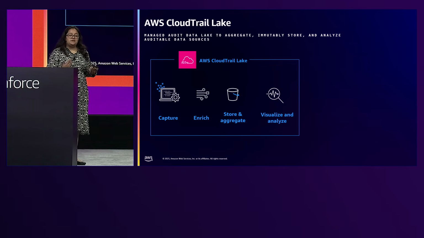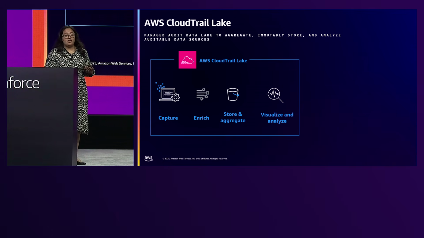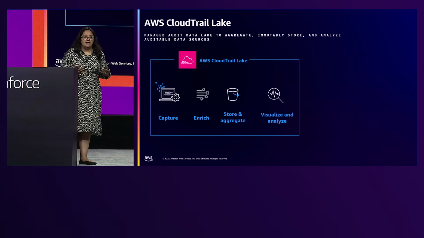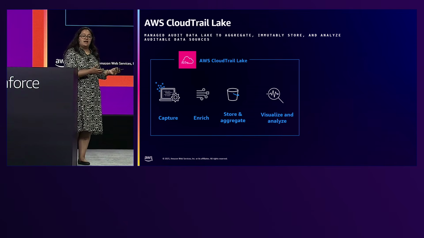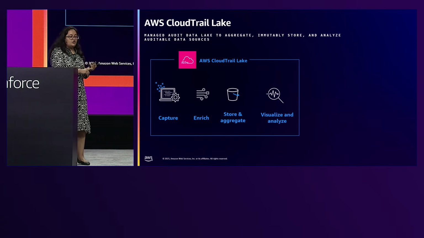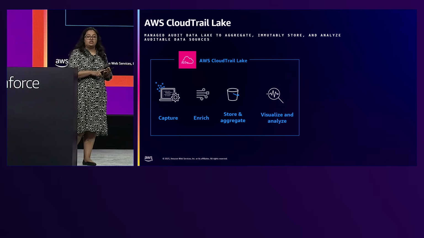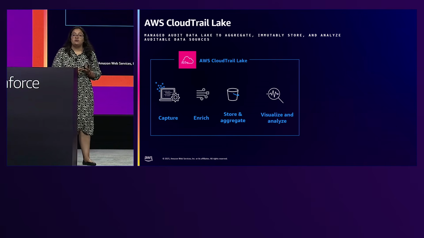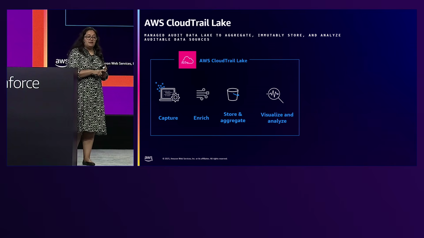CloudTrail Lake has multiple capabilities that help Suchita simplify her analysis of CloudTrail logs and the reporting she needs to do on who did what and where. CloudTrail Lake is a managed solution where I can enable what I want to capture. I want to capture control plane API activity, access to the data, so data plane activity, or I want to be able to see where the API call is coming from. I can do that. I can enable that capturing.